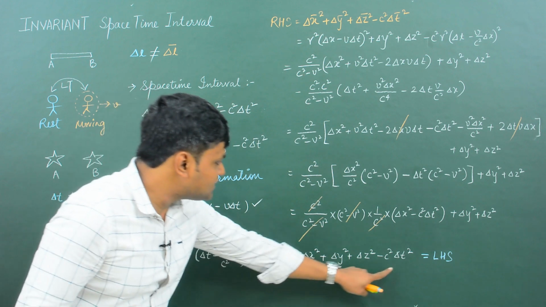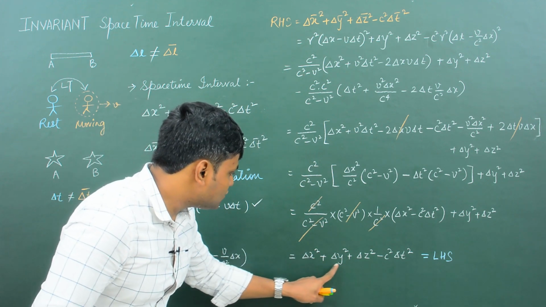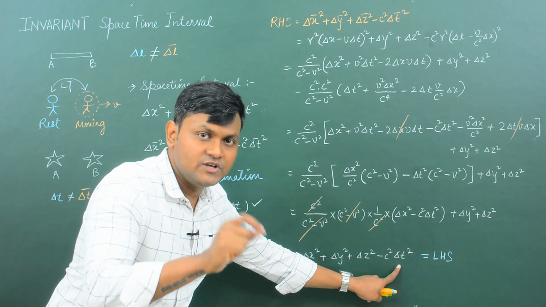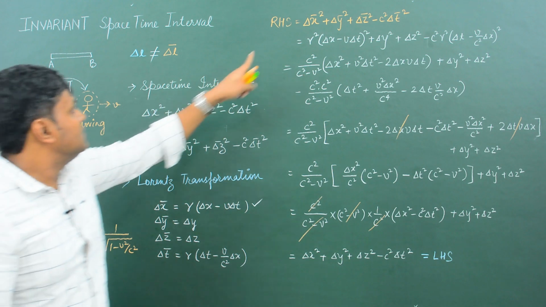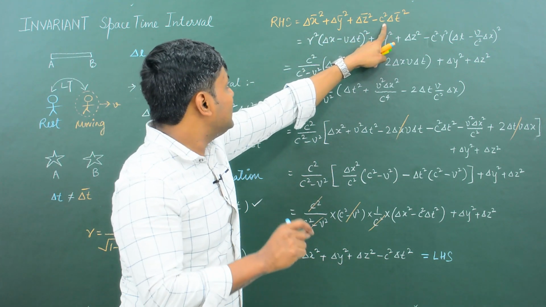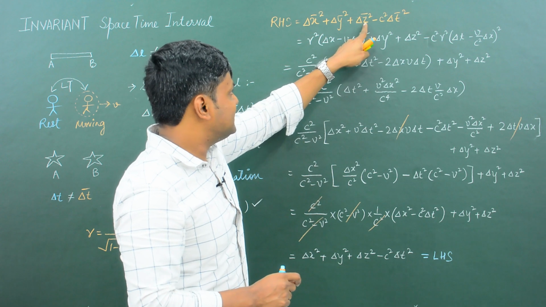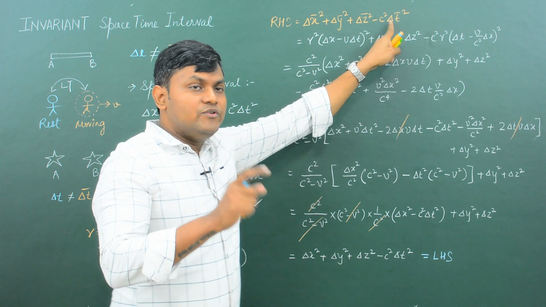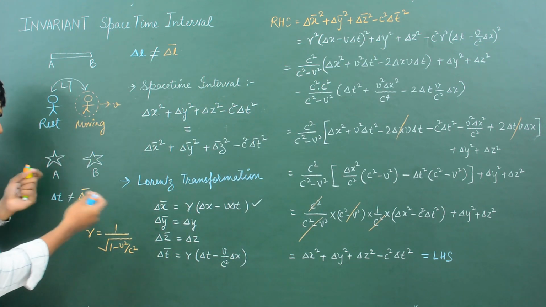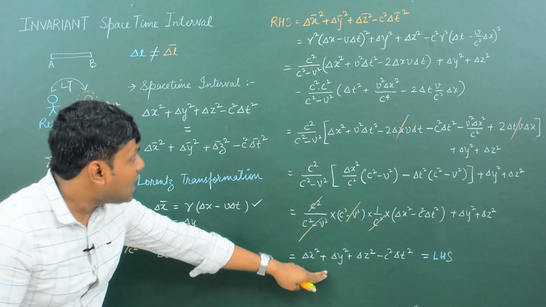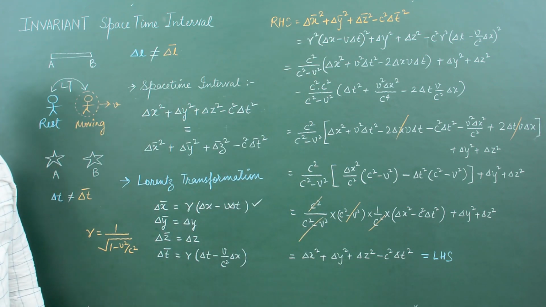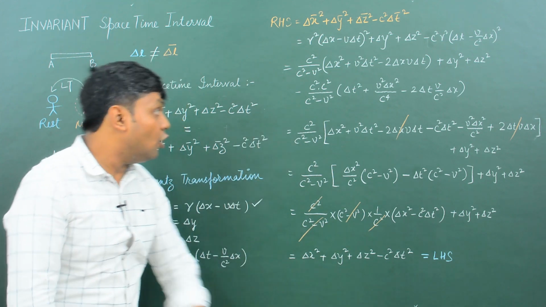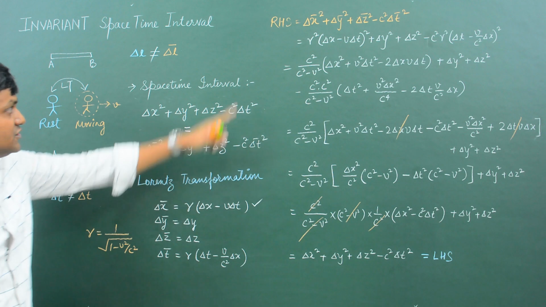So this is the space-time interval del x square plus del y square plus del z square minus c square del t square with respect to an observer in the rest frame of reference, and this is the space-time interval del x bar square plus del y bar square plus del z bar square minus c square del t bar square, which is the space-time interval with respect to the moving observer when they're making measurements for the same two physical events, and they are exactly equal to each other, right? That means the space-time interval is invariant under a Lorentz transformation, because we use the Lorentz transformations to get this